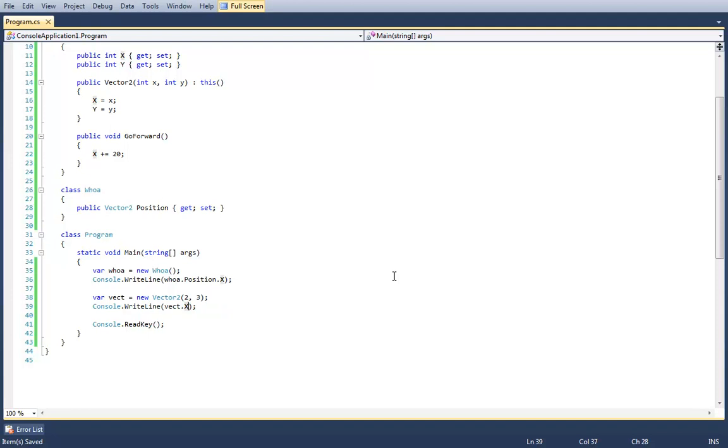On line 36, position is a member of this class. Is the position member of this class on the stack or the heap?